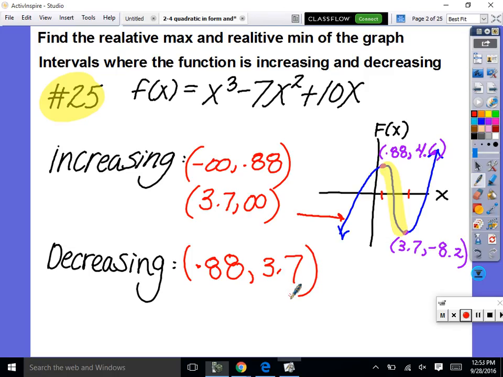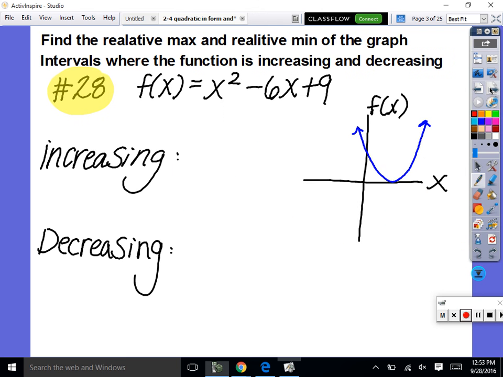Questions on that? Yeah, I want you to practice that. Do you want to do one more? So looking at number 28, if you graph it, it looks like this. Now, isn't this just going to be only a min, no max? There's no max. So we'll do a second trace min. And if you do that on your calculator,